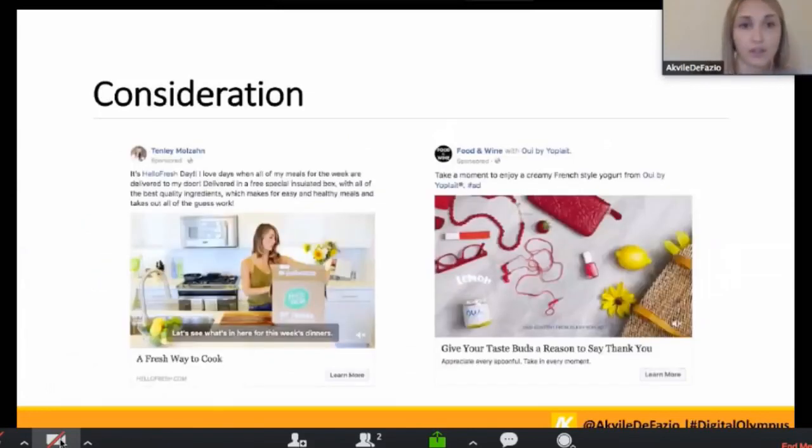Some other great examples of consideration type of campaigns is to drive people to learn more, to go to your website. So here on the left, Tenley, she is a TV personality, and you can use a customer or somebody on your staff that's comfortable in front of the camera. And here she just does an unboxing of HelloFresh, which she's, I think, teamed up with. So here she's doing a food product, a food delivery service. So she's in an appropriate atmosphere. So she's in her kitchen, unboxing it, showing us what it's like to actually get the HelloFresh box at your doorstep and then set it up and cook it.